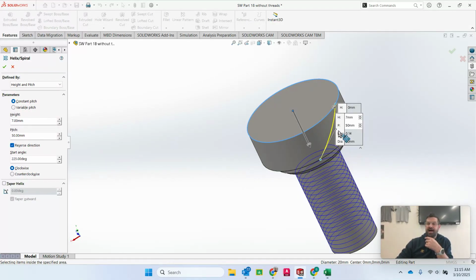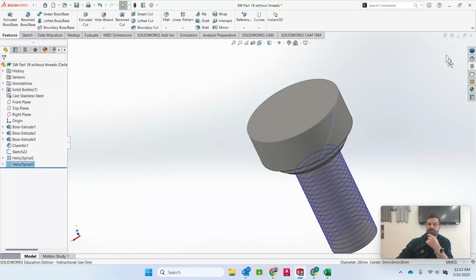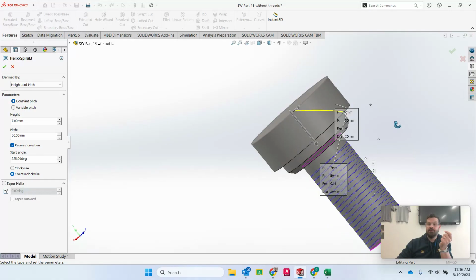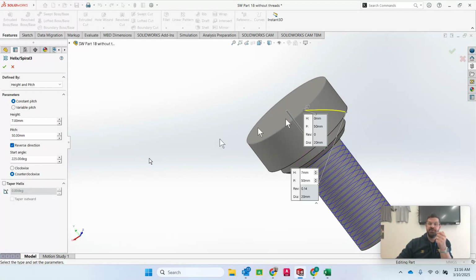So if I do 50, cool. I can then do a couple of things, okay? If I hit OK, I've made this one spiral. I can now make a circular pattern of that spiral and have it replicate all the way around, like 50 times or whatever it's going to be. I just want to show you this too. Right now it's going in one direction, clockwise. What if I repeated it, but had it go the other direction, this way, right? So if I had 50 going clockwise and 50 going counterclockwise,